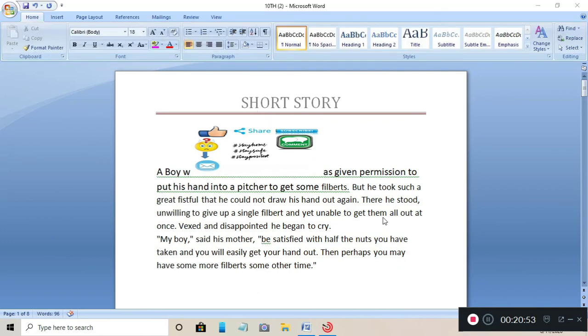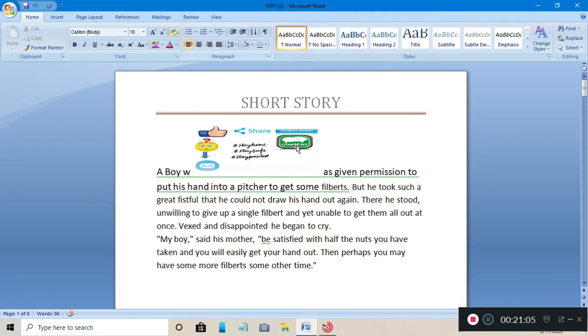Not only this, after inserting a graphical object in our document, we can crop a picture. We can do cropping in our picture. Cropping means to cut down the extra portion from the picture. Or we can add some other pictures in our document as well.